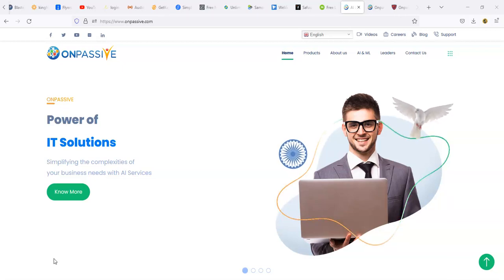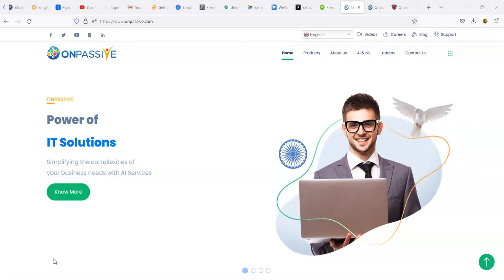Now, Onpassive is an AI-powered program. All the tools you're going to see are going to be AI-powered. They have like 20 to 30 programs or tools that you're going to have access to, but it's going to be a tier. You're not going to get them all. You're going to get some for free. You're not going to get them all for free, but you're going to have an introductory product you're going to get for free. I'm not sure which ones those are right now, but there's going to be a certain amount that you get for free, kind of like just trying it out and testing out the system.